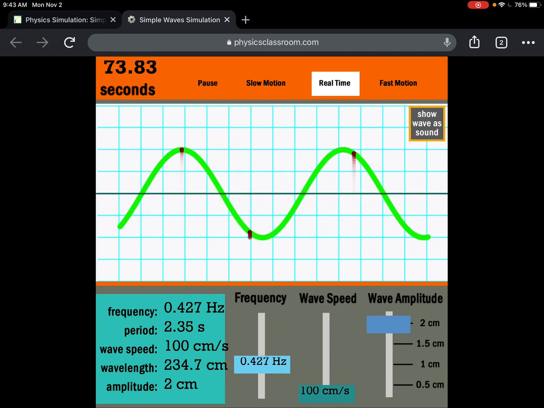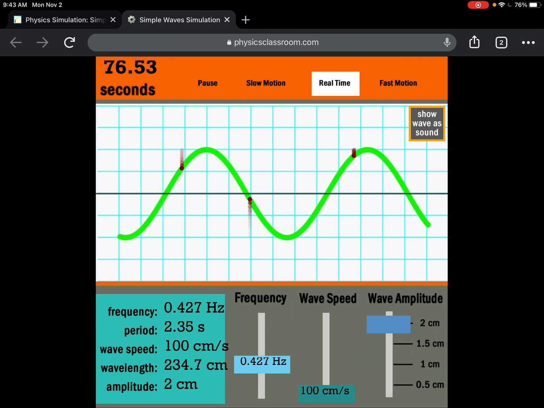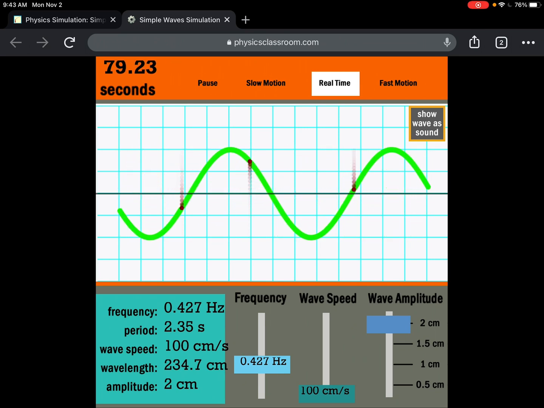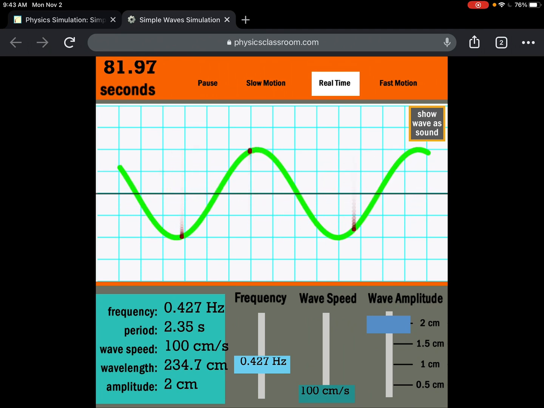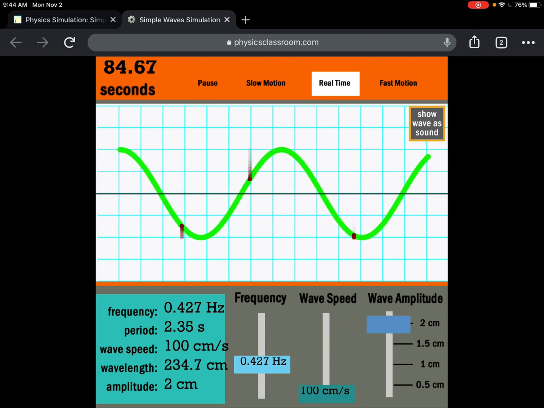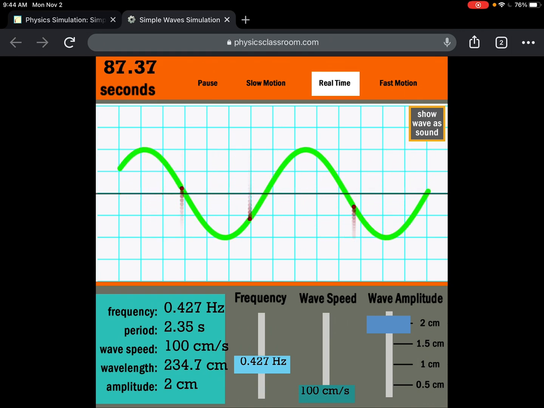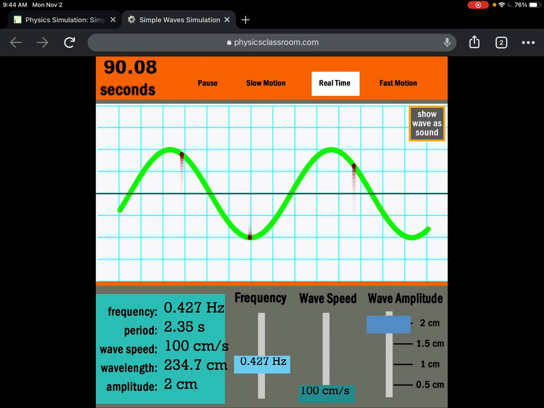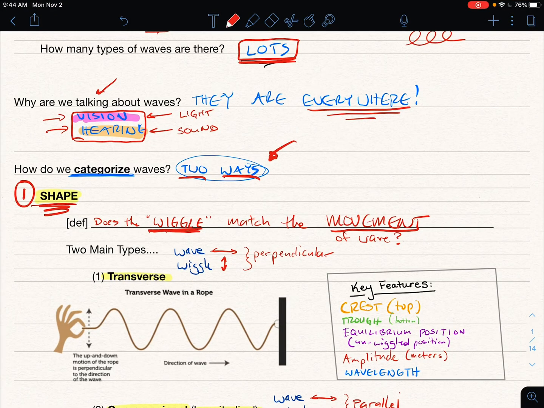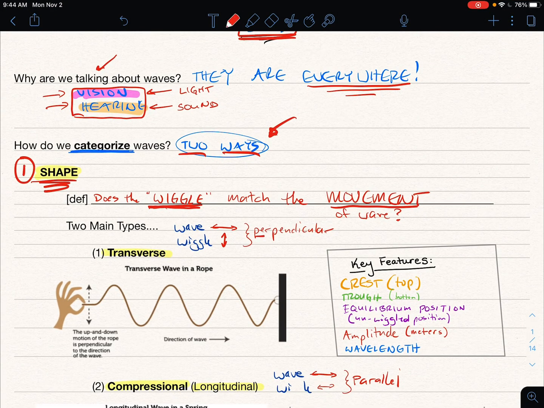And so the idea that I want you to see here is that the energy of the wave, these pulses, these high peaks and low valleys, is moving from one end of the screen to the other, but the individual particles of the material, the little atoms there, are just moving up and down. They don't get permanently moved to a new location. So when the direction of the wiggle is perpendicular to the direction of the movement of the wave, in other words, the person moves their hand up and down like this, but the direction of the wave goes that way, when it's perpendicular, we refer to this as a transverse wave. And trans, of course, means cross or at opposite directions to each other.